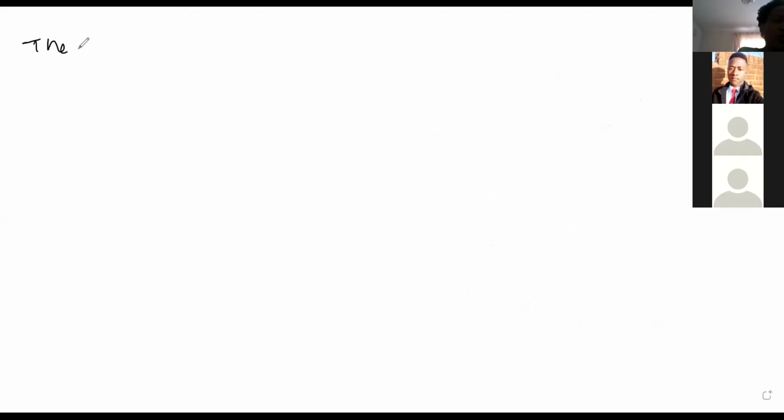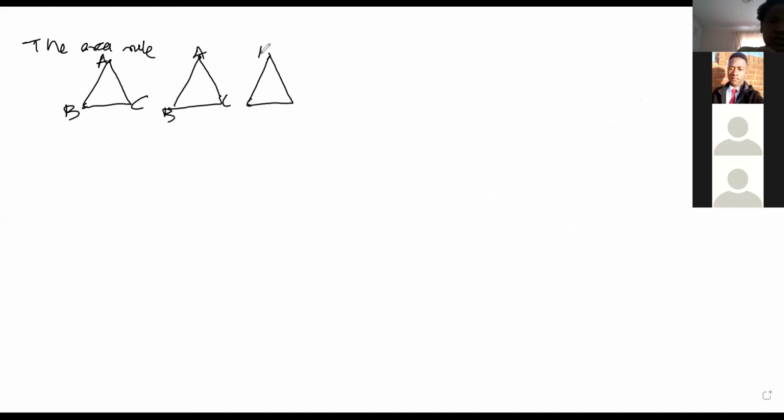You've got the area rule. So for the area rule, you've got your triangles here, A, B, C. Here we know angle A, here we know angle B, here we know angle C. So the area of triangle ABC in this first triangle will be half BC sin A,